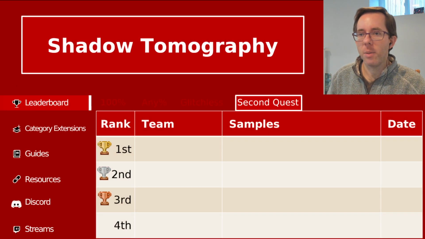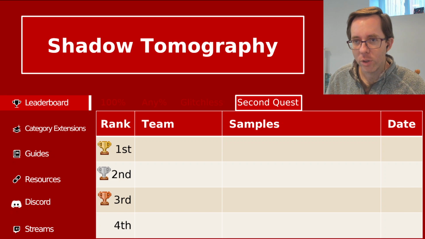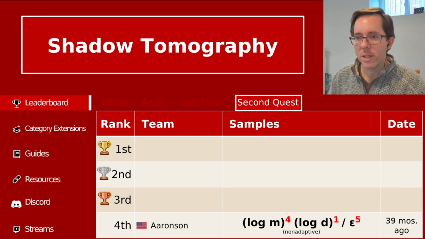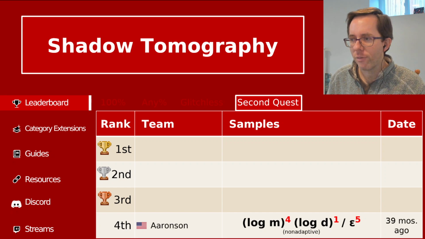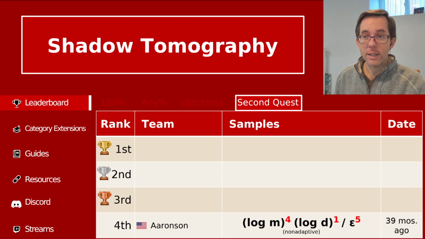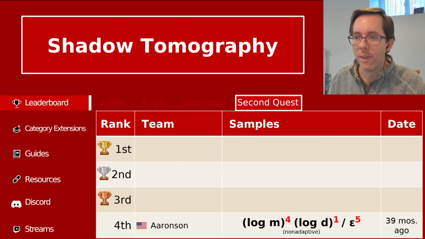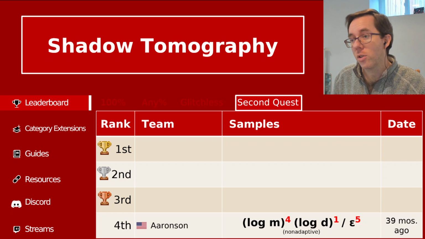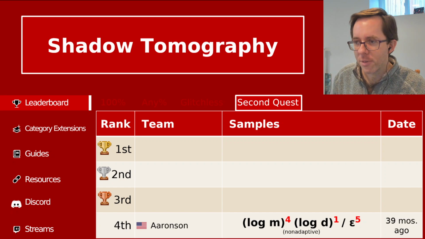So again, let's go to the board and find out what the records are for shadow tomography. Okay, as I mentioned, this problem was introduced by Aaronson a little over 3 years ago. And he solved it and showed, happily again, that you can solve this problem using a number of samples or copies which is polylog in M, polylog in D, and polynomial in 1 over epsilon. This is great. It shows that, similar to adaptive data analysis, you can get the desired result with roughly the right dependency on all the parameters, or at least good dependencies. And he actually only solved the non-adaptive case.